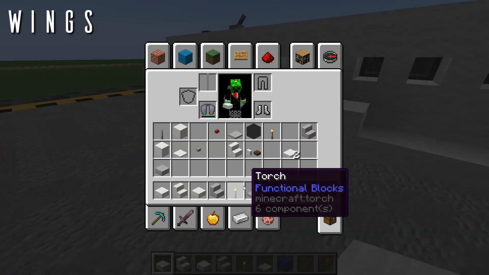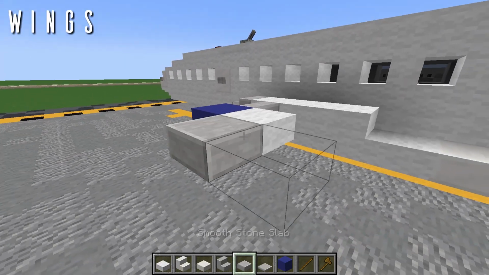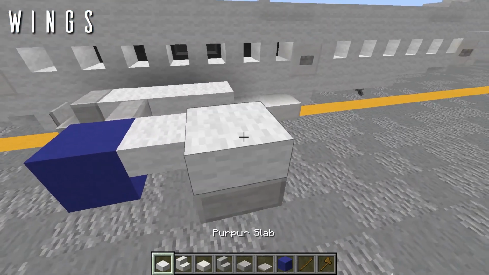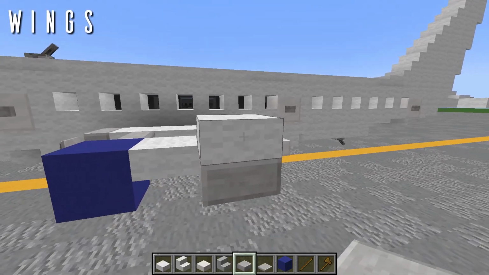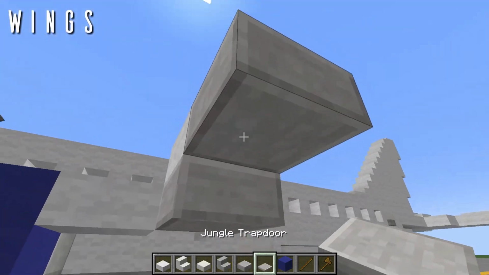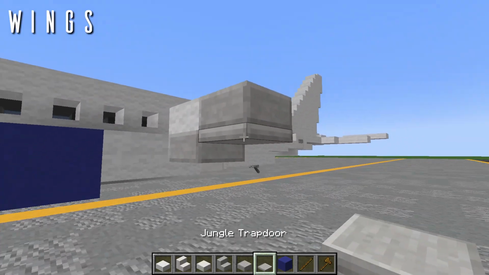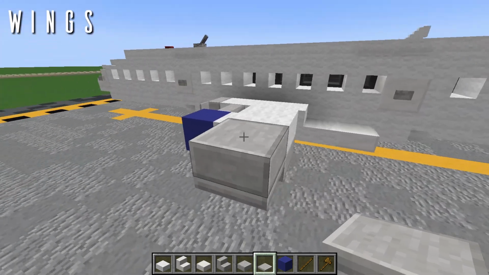Then from this here, we're going to grab the smooth stone slab, and from this wool slab right here, we have a smooth stone top slab out at an angle like this, with a wool top slab directly on top of it, like so. Then from this here, we have another smooth stone slab directly out to the side this time, with a jungle trapdoor beneath it right here. In the Aeroteam pack here, the jungle trapdoor is a smooth stone trapdoor texture, just use an iron trapdoor instead in default. But from this here, from that,